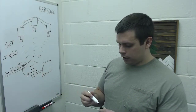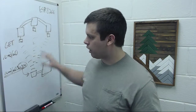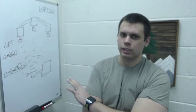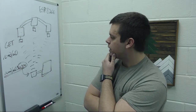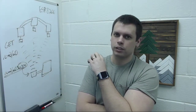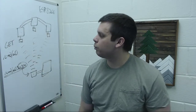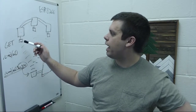So there's a lot going on here, but as far as the architecture of this goes, it's dead simple. It really is, because you're only dealing with one module here and then one module for each of these actuators. And I've found that what I really need is to be able to send, at a